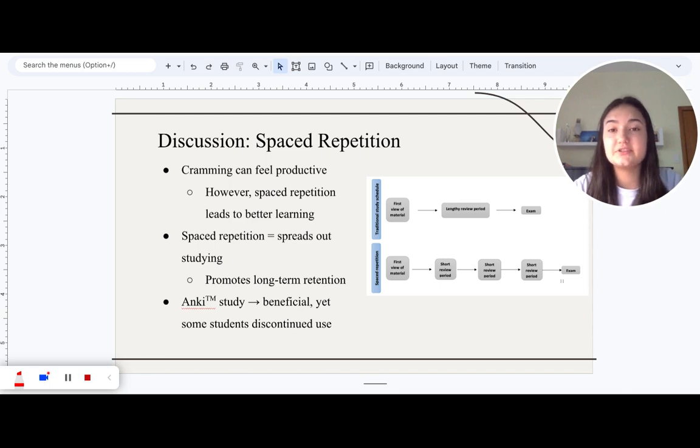In a 2022 study, spaced repetition was used to test its effectiveness and students' willingness to implement the strategy. Throughout the study, students were encouraged to use a flashcard app called Anki as a primary study resource. This app utilizes spaced repetition, scheduling the repetition of a flashcard based on a student's performance. Anki was found to be beneficial by students, many of whom reported that the app benefited their learning